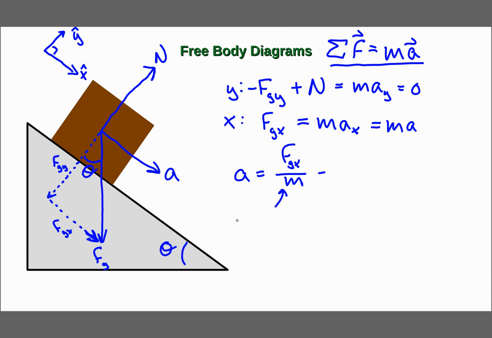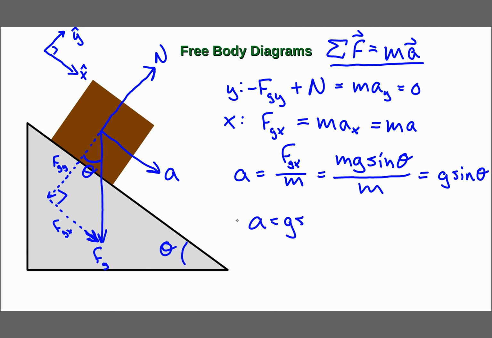Right? Because F_g sub x, remember, F_g is mg. And then the x component here, you can see I have my angle here. The x component in this case is across the right triangle from theta, so it must be sine, right? The one that's opposite the angle is sine, so it's mg sine theta over m, okay? And then I get g sine theta, okay? So in the end, with no friction like this, my a